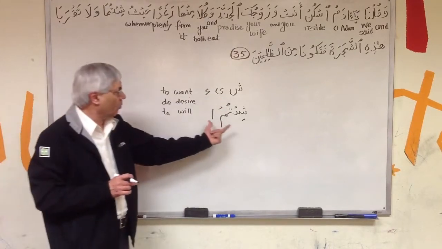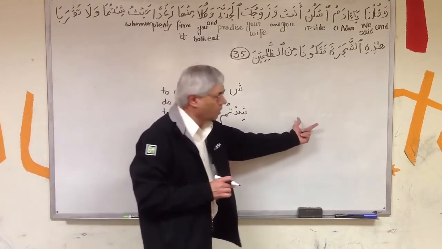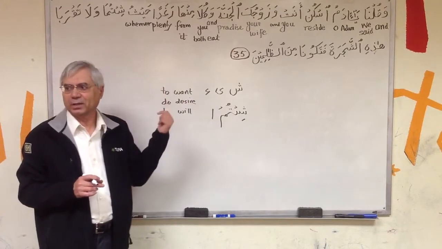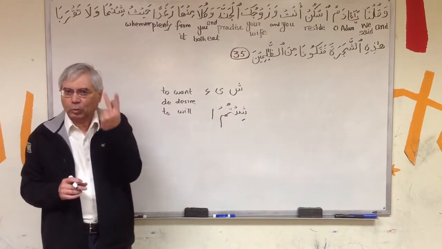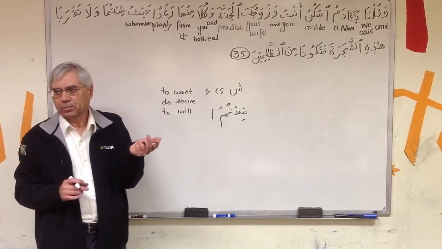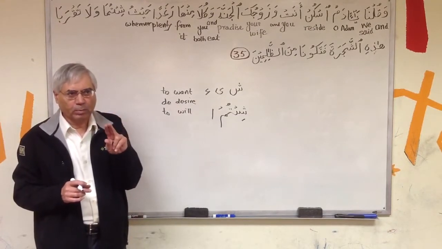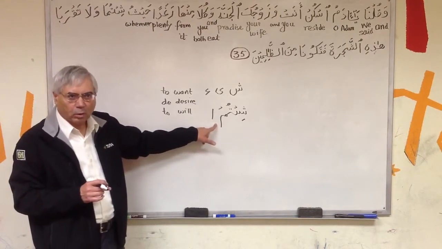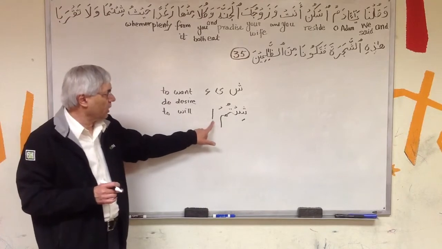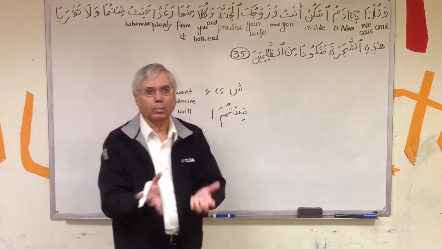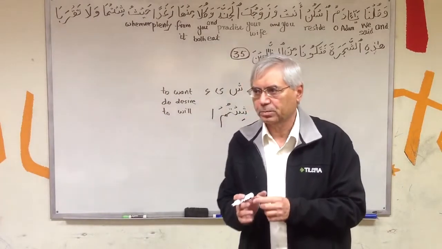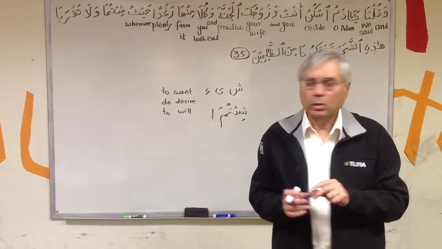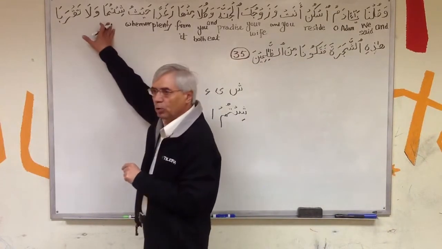For fa'altum, in that case this ya will be totally dropped out. It becomes shi'tum. On two people, shi'tuma. So if you're talking about two people, an alif goes at the end, like kulu and kula. If you're talking to all the people, you say shi'tum, whatever you want. But if there are only two people, it will be shi'tuma. Two of you. So wherever you two wanted,